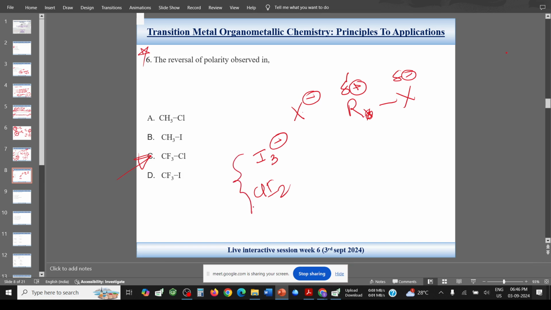These species also exist. So for the fluorine, if attached to the alkene moiety, that is the perfluoro alkene,